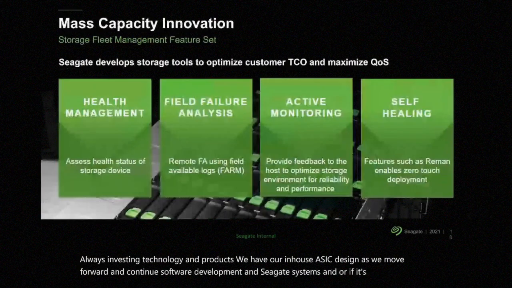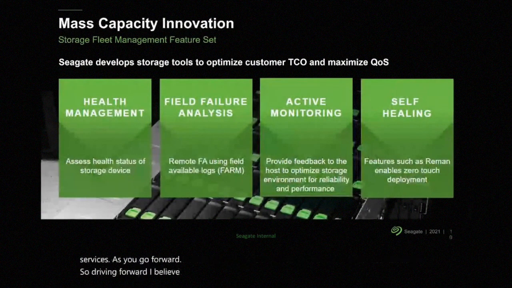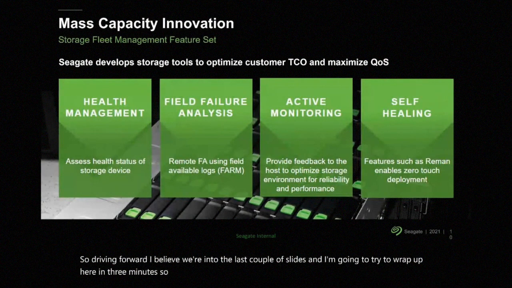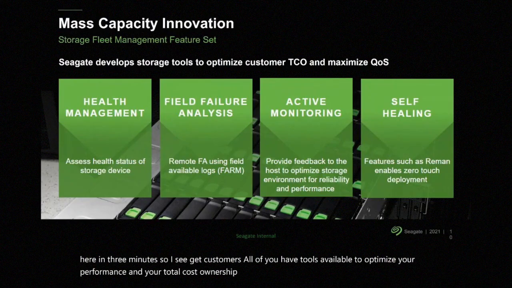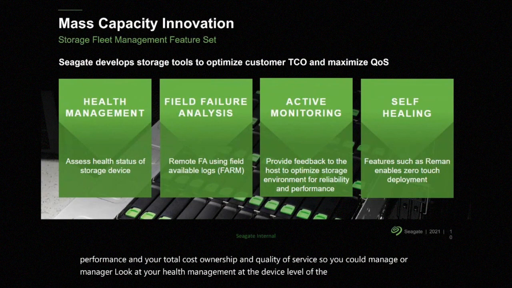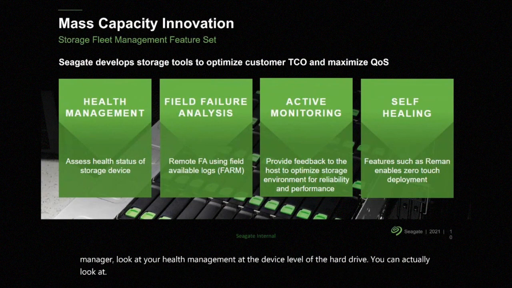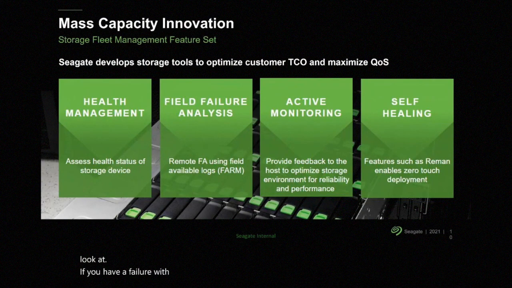So driving forward, I believe we're into the last couple of slides, and I'm going to try to wrap up here in 3 minutes. So as Seagate customers, all of you have tools available to optimize your performance, your total cost of ownership and quality of service. So you can manage or look at your health management at the device level of the hard drive. If you have a failure, if the hard drive is still spinning up, we can get what we call drive logs about what's going on with your product